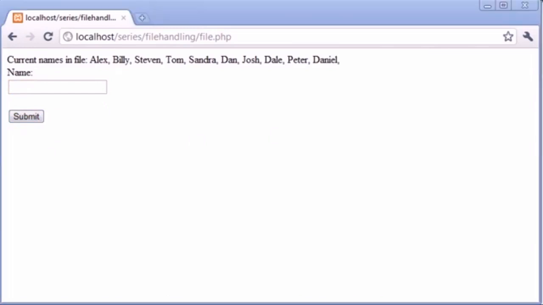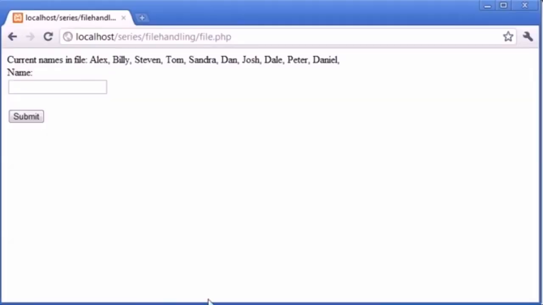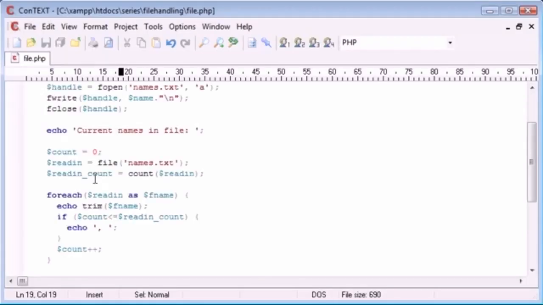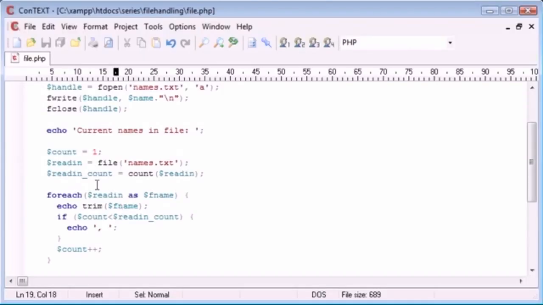Oh dear. Okay. Count is 1. Let's change that to 1 perhaps. I think that might be the problem. We'll just keep adding Daniel. There we go. Okay. So after a bit of fiddling around, what we've done is we have created a variable